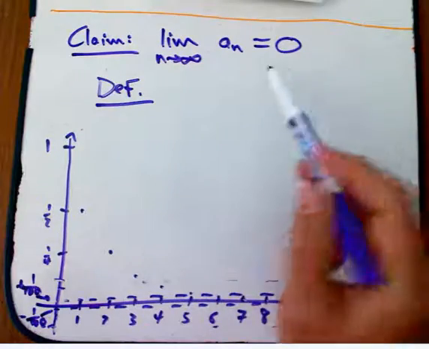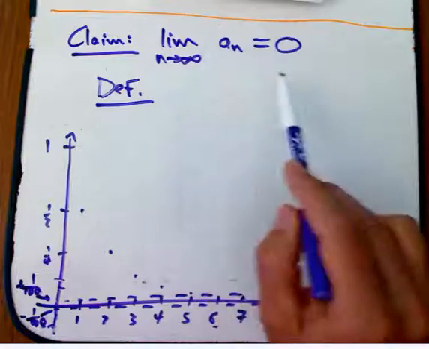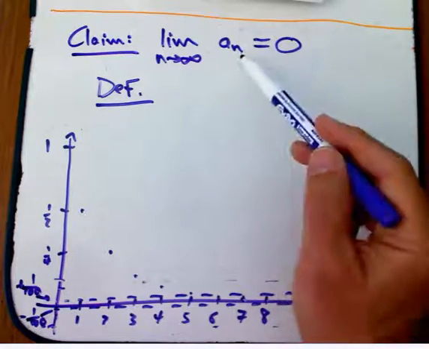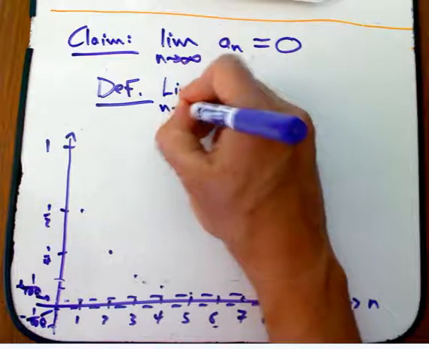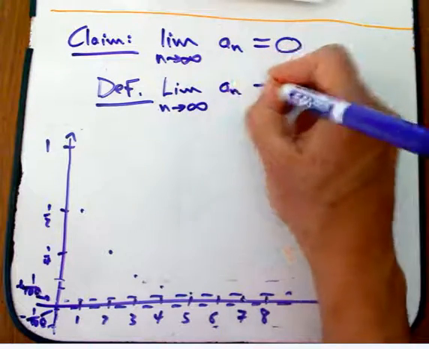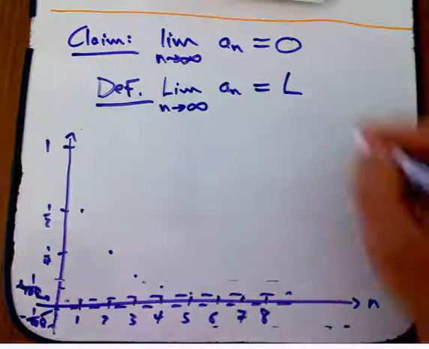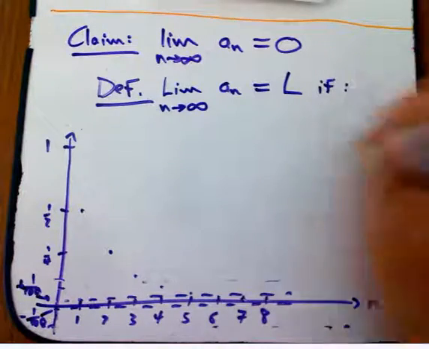And I'm going to phrase it in general, but you can totally think of, and I'm going to immediately go back to the a sub n is 1 over 2 to the n, and the limit is 0. Okay, we're going to say that the limit, as n goes to infinity, of a sub n is some fixed number, or some fixed real number L, if